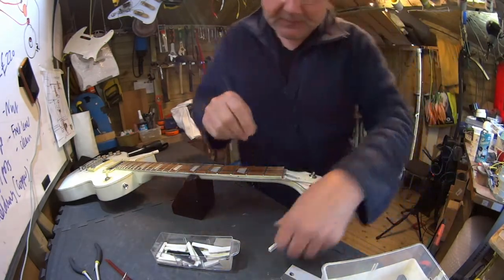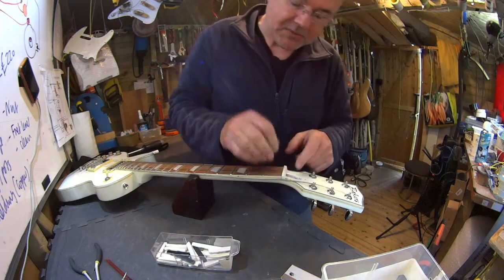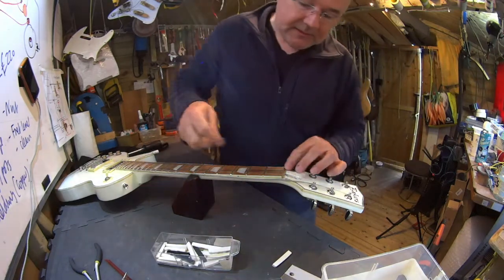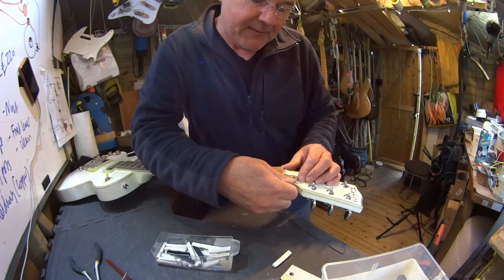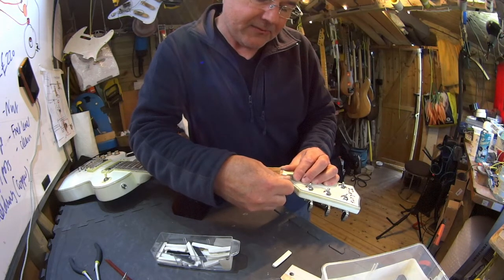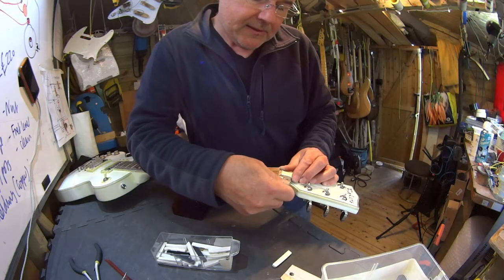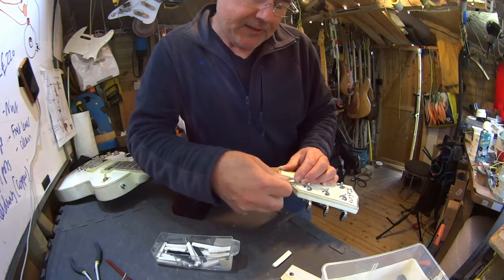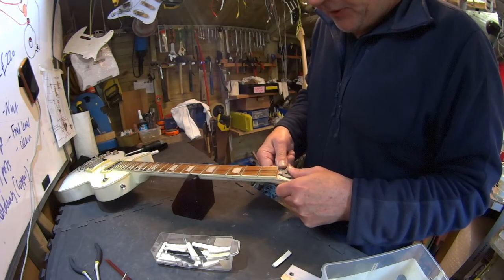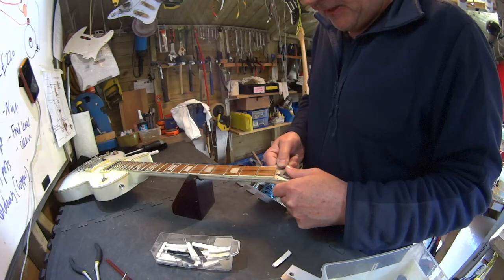By the time we put a new one in, we're going to have a bit of overhang of paint or no more nails here, which we could touch up with some white or cream, sorry, vintage cream coloured lacquer over there. In fact, there's a kind of crusty lip here which I'm going to cut off right now, which raises up to meet the edge of the original nut, which is a bit ugly, so I'm going to cut that away for a second. And if we need to, like I say, we can add some fresh cream nitrocellulose lacquer, which will look a whole lot more like the business than this